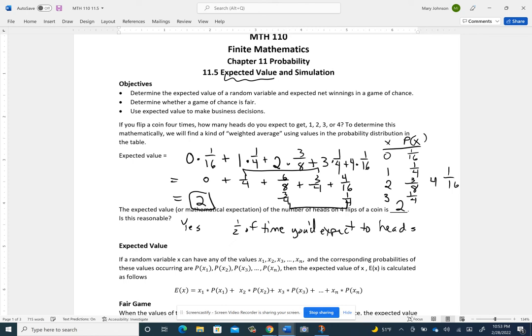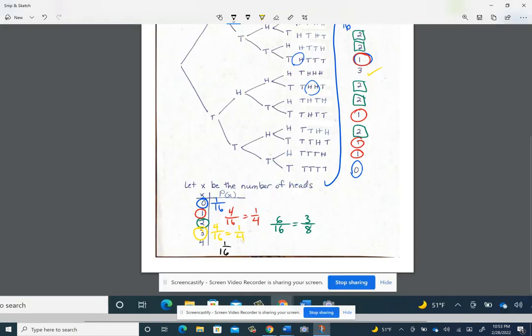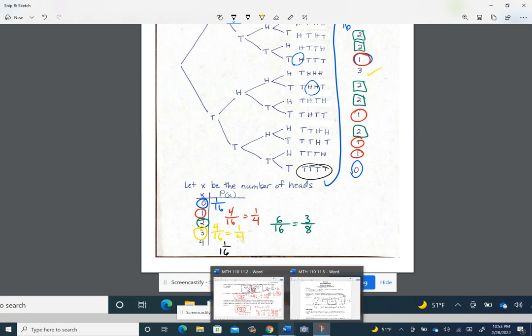Of course, we saw in our table, though, didn't we, that you really have 16 possibilities, and you might not get any heads. It's not what you would expect, but it can happen. Don't forget about that law of large numbers. If you're only doing something a small number of